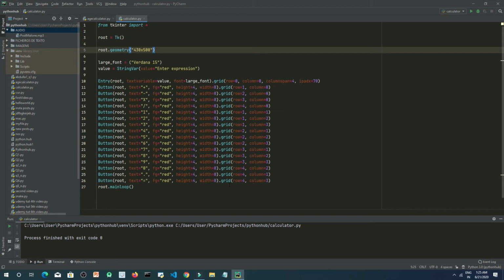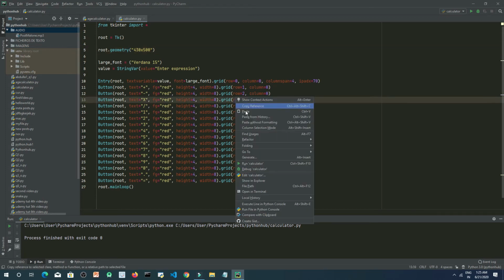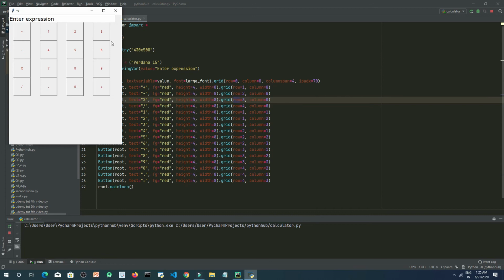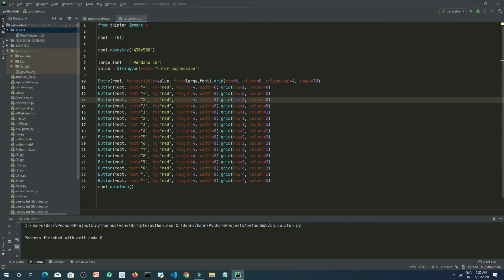Okay, so let's create functions. First, let's create the function for this entry widget, that is, everything which will be shown inside this entry widget. We are creating the function for this. So how can we create it?